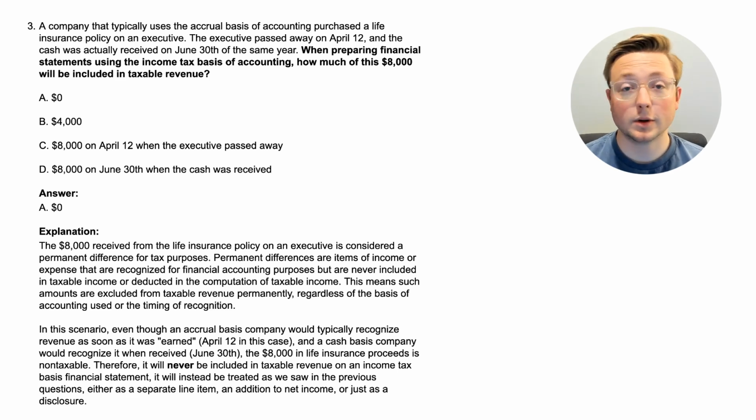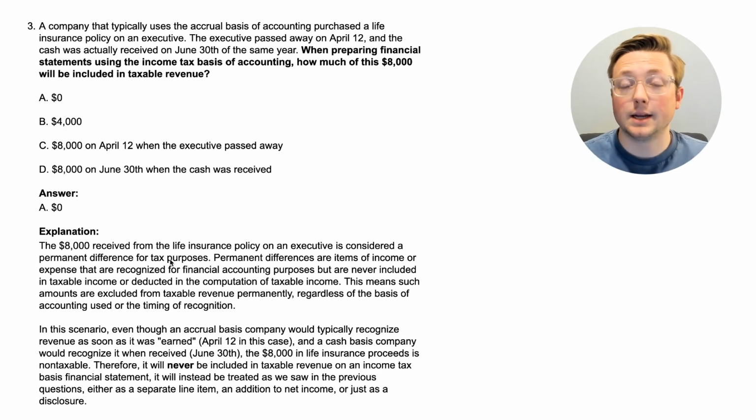So again, we pretty much already got the answer for this in the previous question too. So let's go ahead and read this. The $8,000 received from the life insurance policy on an executive is considered a permanent difference for tax purposes. So I just wanted to point out this permanent difference, and we're going to talk about temporary differences a little bit. Again, this is not something you have to dive into very deeply at all for FAR, but I just